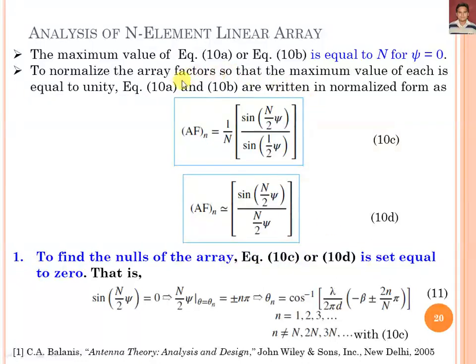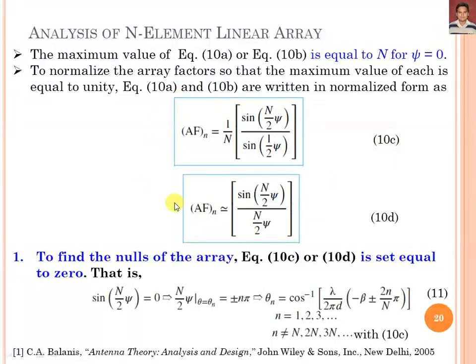So finally, these two expressions, the normalized forms of the array factor, are important to calculate the respective parameters for the n element array. We are going to calculate five parameters from these two equations: the first parameter is the null of the array, then the maxima of the array, then half power points, then minor lobe maxima, and first lobe value or maxima. These five parameters we calculate using equations 10A, B, C and D with different types of approximations.